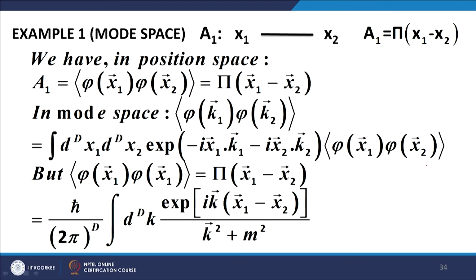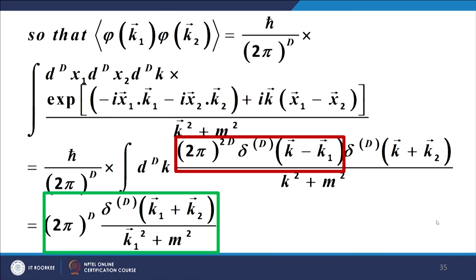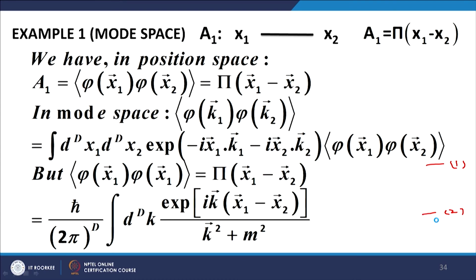Let us call it equation number 1. In other words, what we are doing is substituting the expression for phi x1 phi x2 from equation 2 into equation 1. And what do we get? When we do the substitution, we get another third integral, and this third integral comes from the expression for the propagator, that is in equation 2, and the rest of it is carried as it is